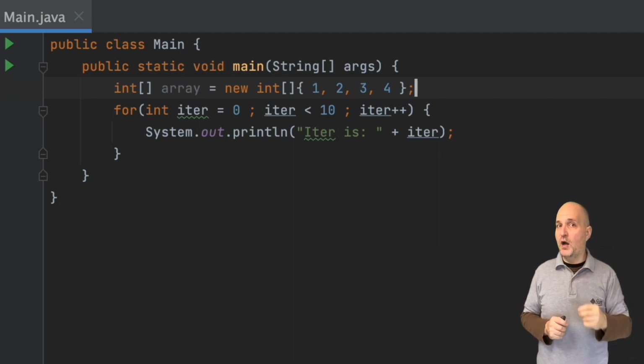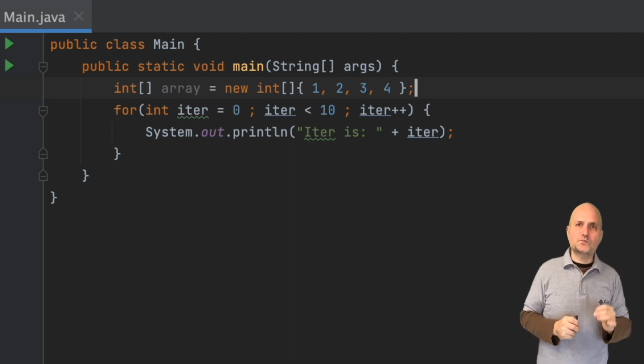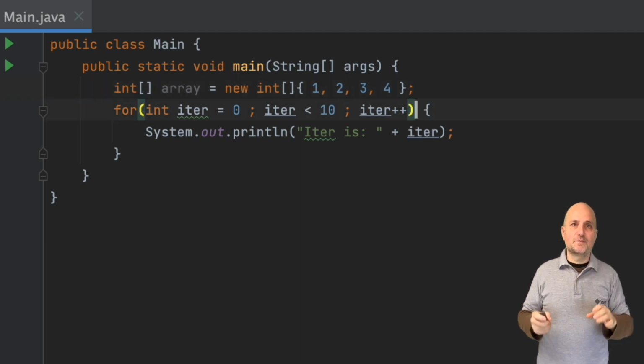There are several things to highlight here. We declare an int followed by square braces. That means we're declaring an array. When assigning the value, we use the new keyword, which means we're allocating an object in memory. The following int and brackets indicate the type. The curly brackets after that let us assign a value to the elements of the array. We usually don't use the values when allocating an array. This is just for this case.